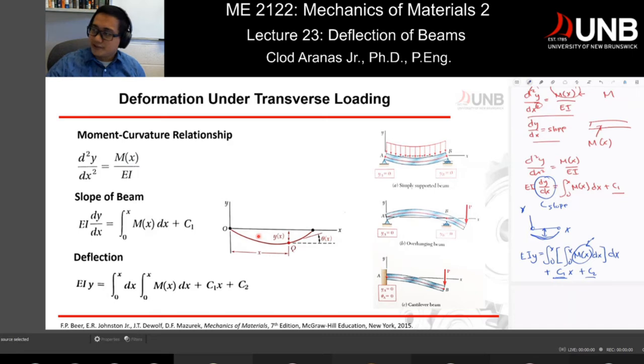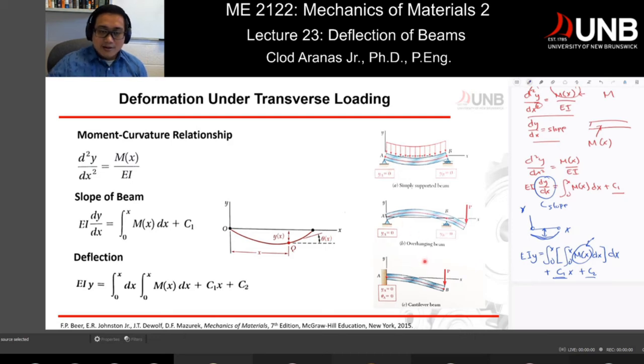So if you have a beam that's not moving. Okay, if you have an overhanging beam, your force is applied this way, and you can see that these connections here at point A and point B still lie at Y equal to zero. It doesn't move. It only deflects at the middle. It has a deflection at the middle and at the end, but at connections A and B, it won't move. So your Y will always be zero at point A and point B. It doesn't move whatever load you put right there, unless you break the pin, and of course that would